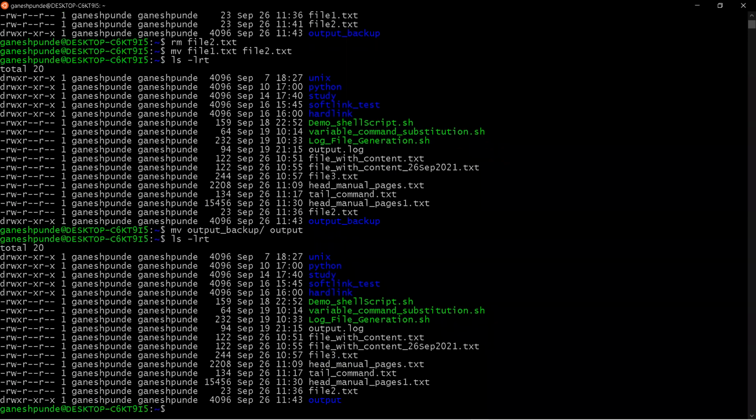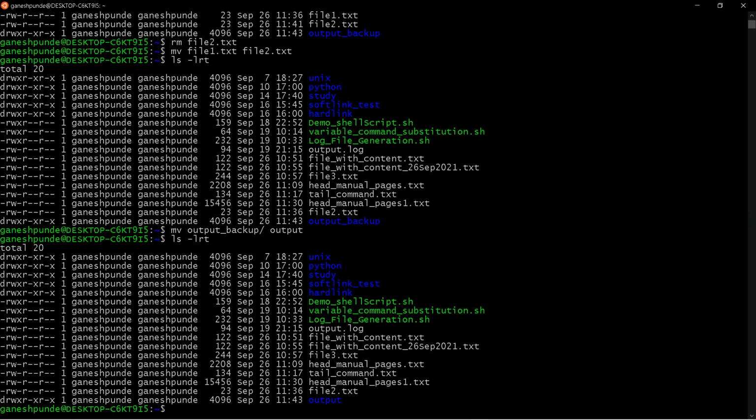You can see it is renamed as the output directory. Okay, so these are the ways you can rename or move files or directories using the mv command.